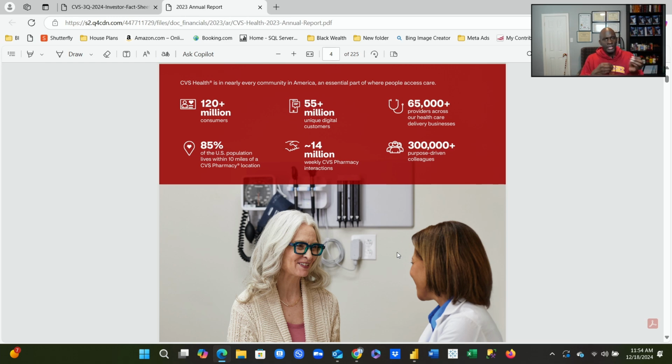That's how you get to determine what's going on. You're determining the counts and the averages and the whole nine. We look over and we see we have 55 plus million unique digital customers. So now what we're saying is they got 120 million consumers, but 55 million distinct consumers, which means that it's